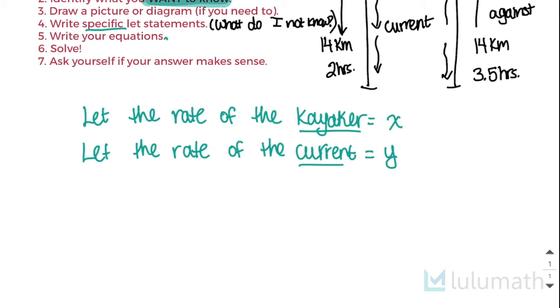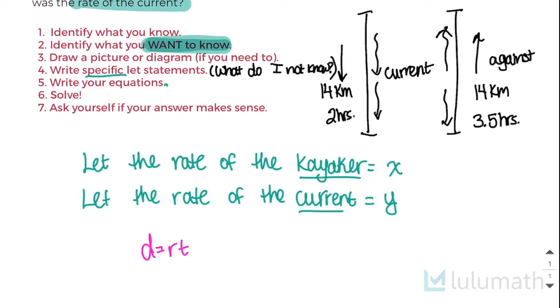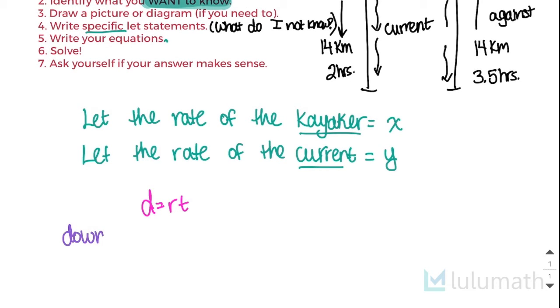So really quickly, before we move on to writing our equations, I just want to remind you guys that distance is equal to the rate times the time. So as the kayaker is going down the river, that's our information that's highlighted in purple right here. As the kayaker is going down, his or her distance is 14 kilometers. The rate is how fast the kayaker is going, and because he's going down the river, the current is helping this person go faster. So the rate is the sum of the rate of the kayaker plus the rate of the current, because the current is pushing him or her farther along. So the rate is going to be equal to x plus y,